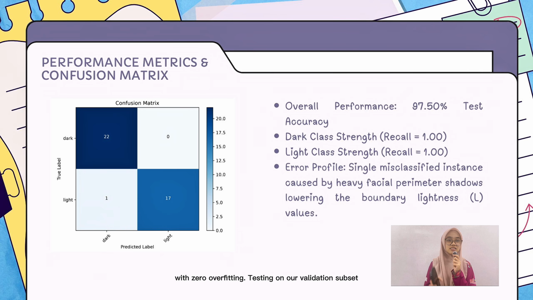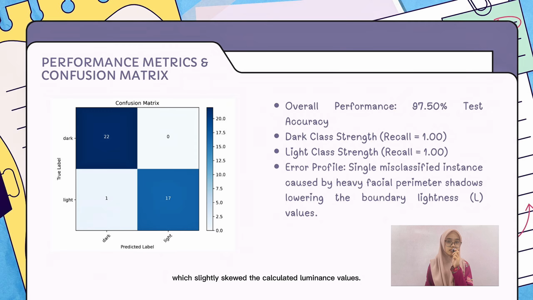Testing on our validation subset yielded a dominant overall accuracy of 97.15%. Notably, we achieved a perfect recall of 1.00 for the dark category, meaning 0 missed dark samples, and a perfect precision of 1.00 for the light category. The single misclassification in the confusion matrix was caused by heavy ambient shadows along the cheek boundaries, which slightly skewed